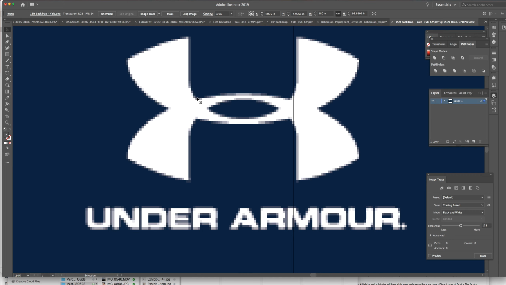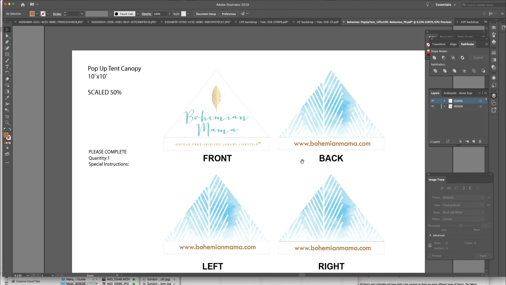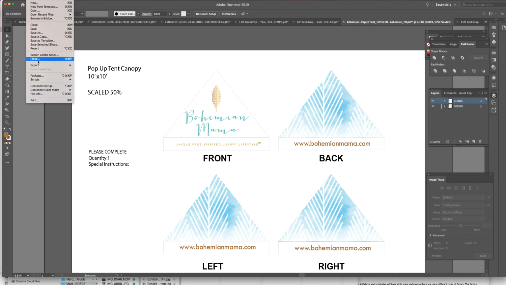Better yet, design in vector. Save it. This is very easy. A lot of your files come with this already being vector, so it's a very easy thing to do. Just lay it out in Illustrator, keep it vector, save it as vector, and again, I told you I was going to show you how to do that. So we have some raster properties here, and we have some vector properties here within this. So all you do in Illustrator is you go to File, Export, or I'm sorry, File, Save As,